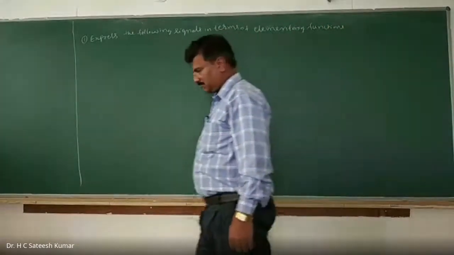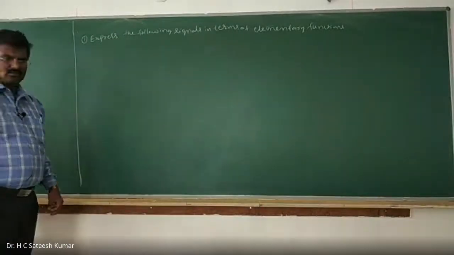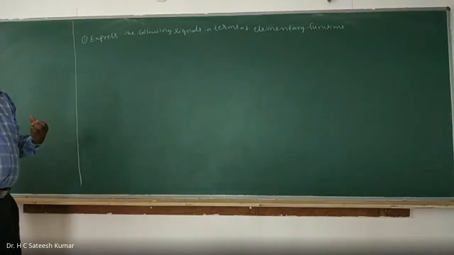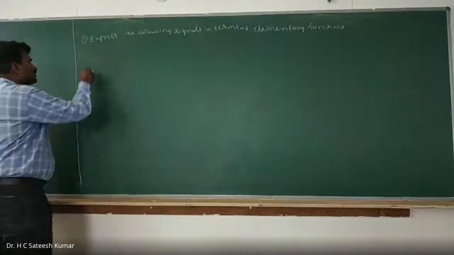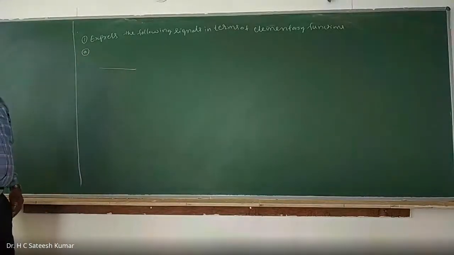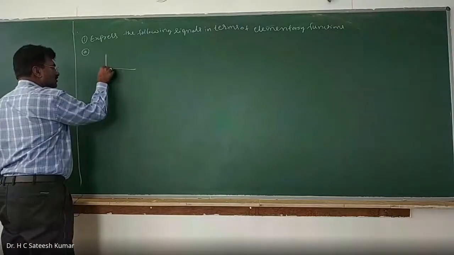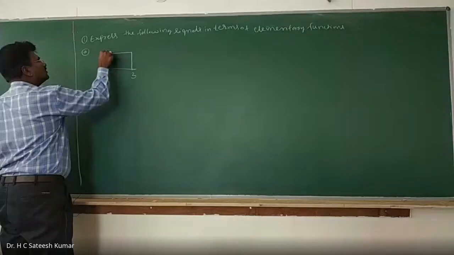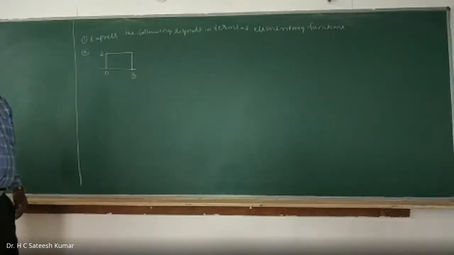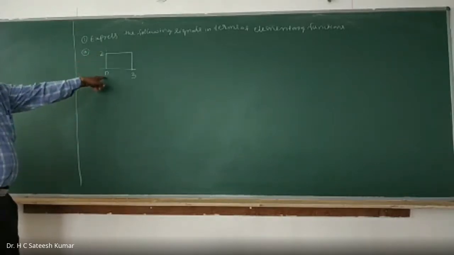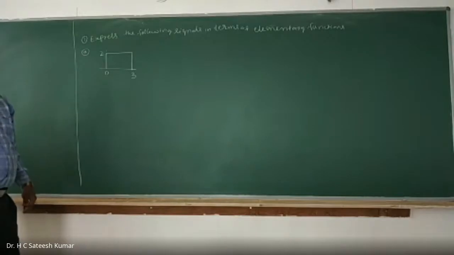Okay, so this one, I'll give a shortcut. It's very easy to do. Textbooks will give big, lengthy derivations for 8 marks, 10 marks, but we can do it in one line. Observe carefully. Let us say I have a signal from 0 to 3, with amplitude 2. Can we express it in terms of step function?